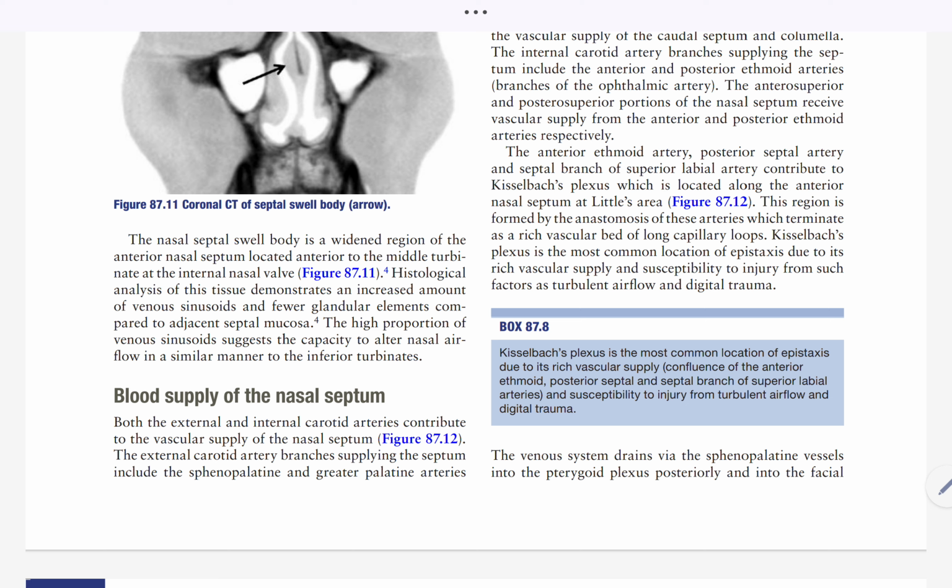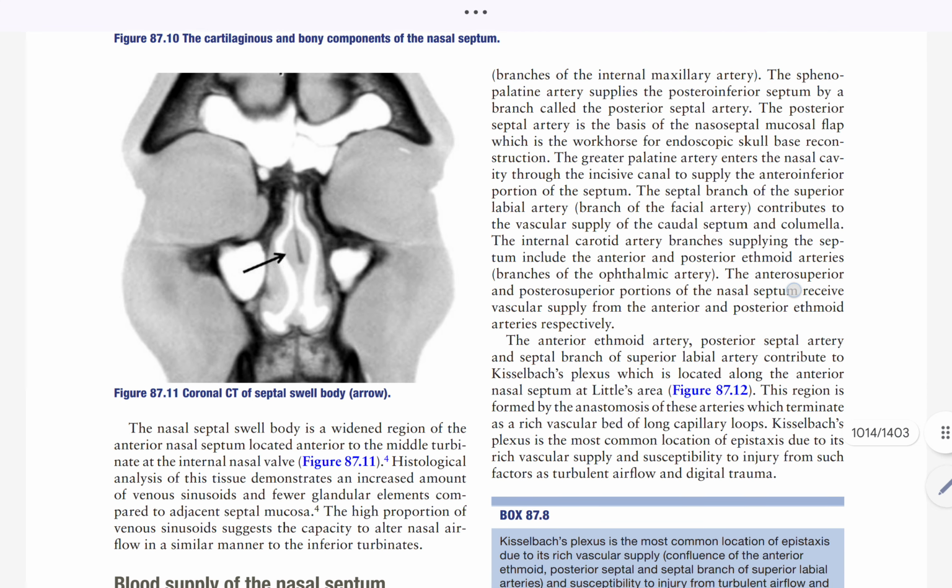Blood supply of the nasal septum. Both the external and internal carotid arteries contribute to the vascular supply of the nasal septum. The external carotid artery branches supplying the septum include the sphenopalatine and greater palatine arteries, branches of the internal maxillary artery. The sphenopalatine artery supplies the posterior inferior septum by a branch called the posterior septal artery. The posterior septal artery is the basis of the nasoseptal mucosal flap, which is the workhorse for endoscopic skull base reconstruction. The greater palatine artery enters the nasal cavity through the incisive canal to supply the anterior inferior portion of